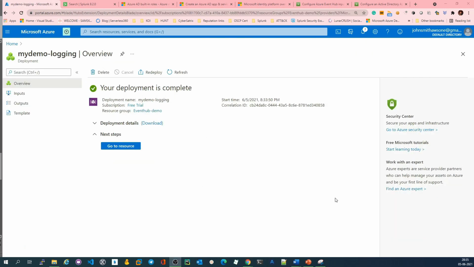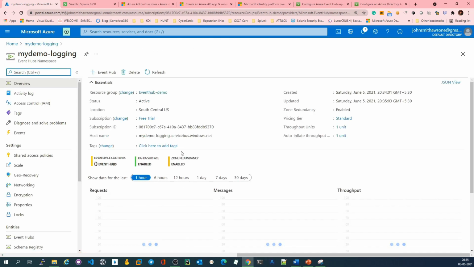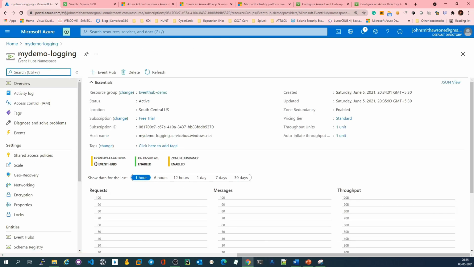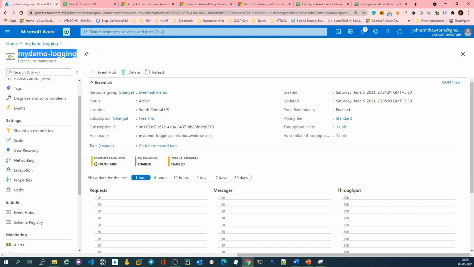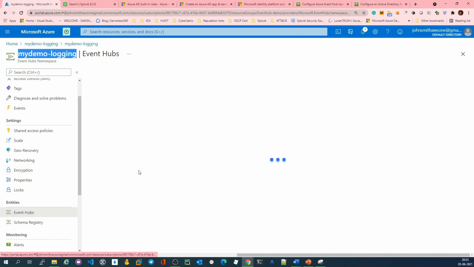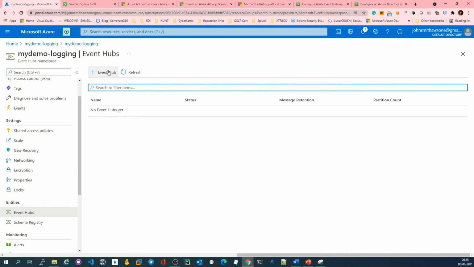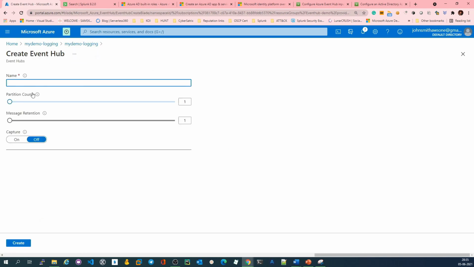Okay, so once my resource is created, I'll go to the event hub namespace resource. If you see my event hub namespace, my demo logging is created. In the namespace, if you scroll down a bit under the entities section, you can see event hub. Click on it to create a new event hub.